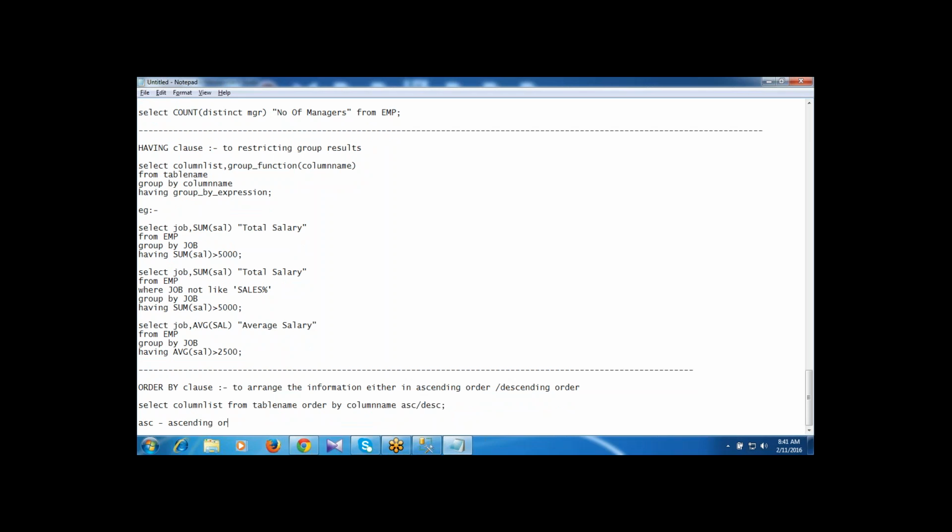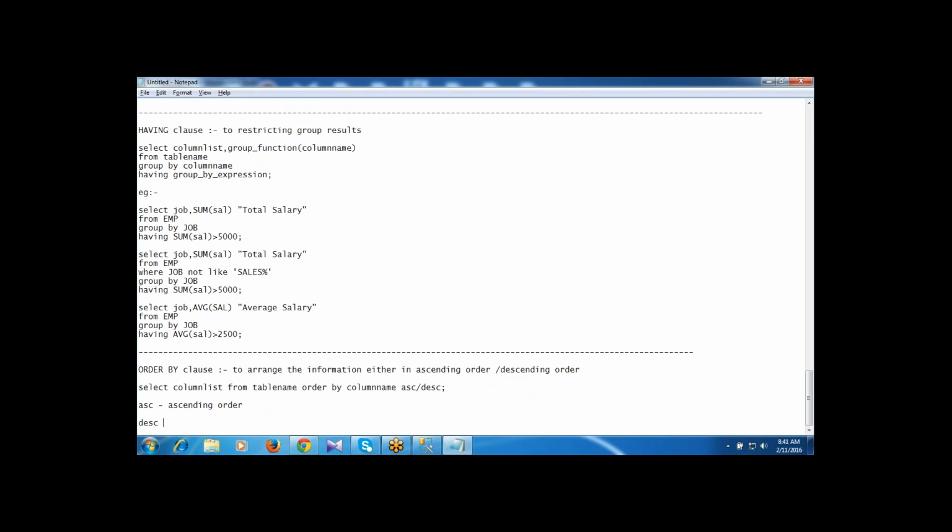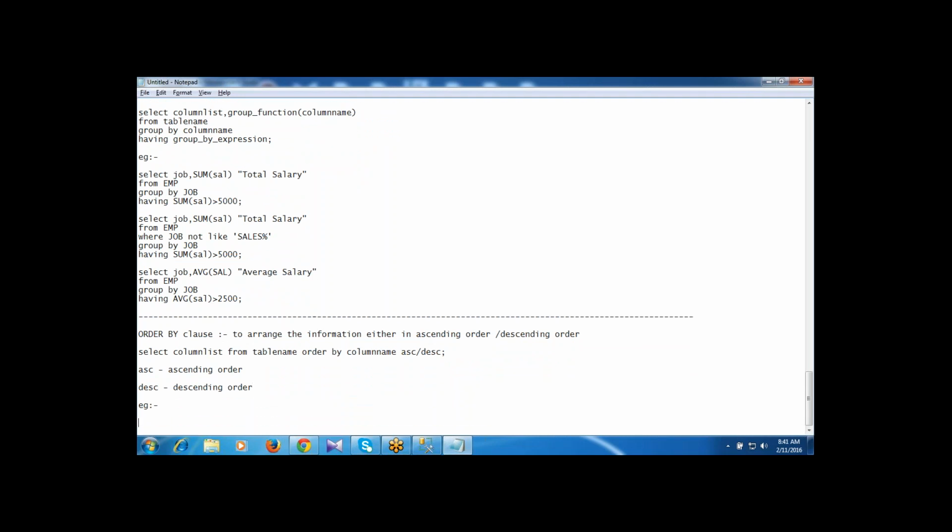ASC stands for ascending order, DESC stands for descending order. Order by clause helps to arrange the information either in ascending order or descending order.